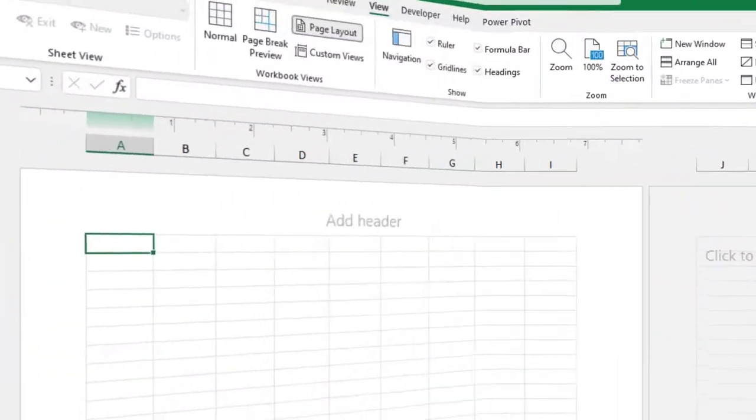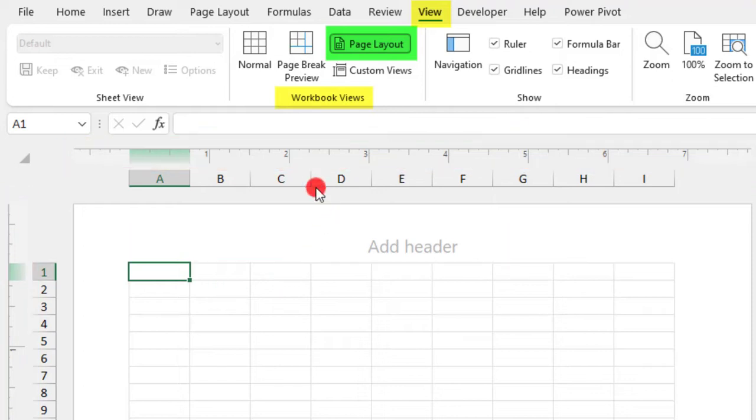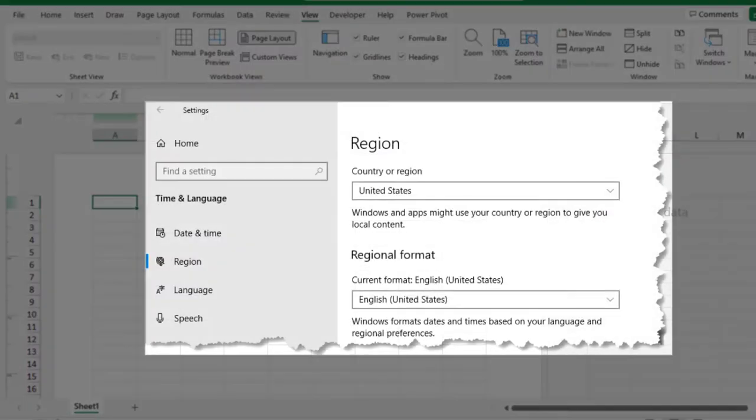If you have Excel 2007 or newer, with the exception of the mobile version, your Excel comes with Page Layout View. And this view has a ruler feature to help you when you want to measure the size of items on your sheet. And you can also resize cells using familiar units of measurements, which is way easier than the usual point system. So by default, the unit of measurement it uses is based on your operating system's regional settings.